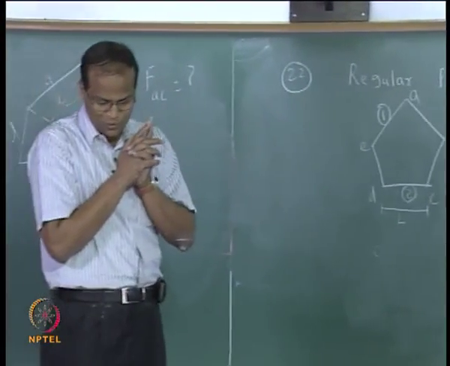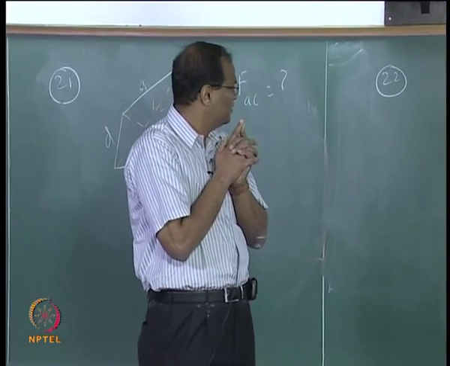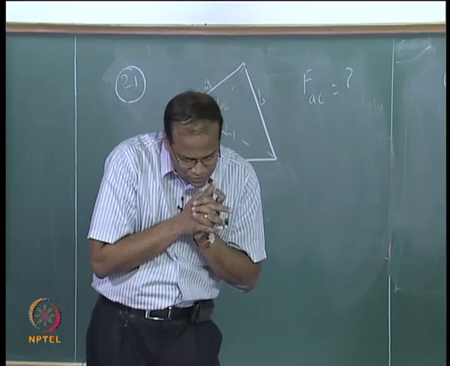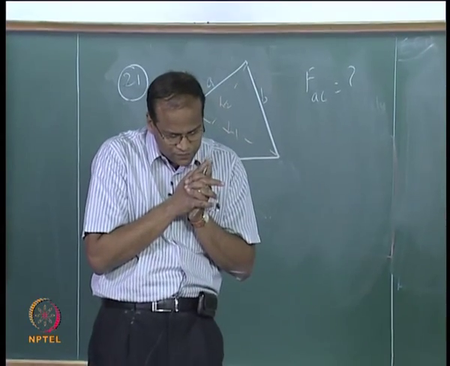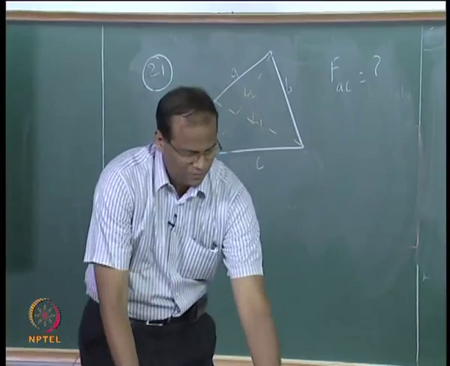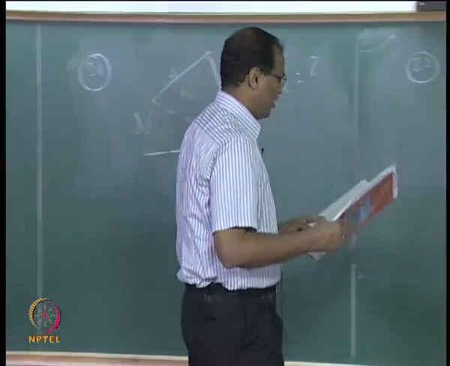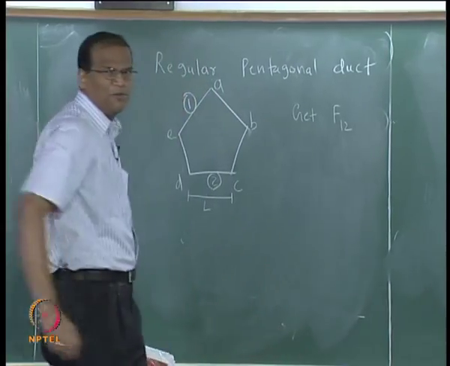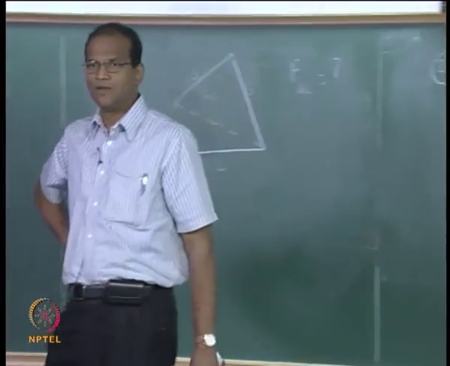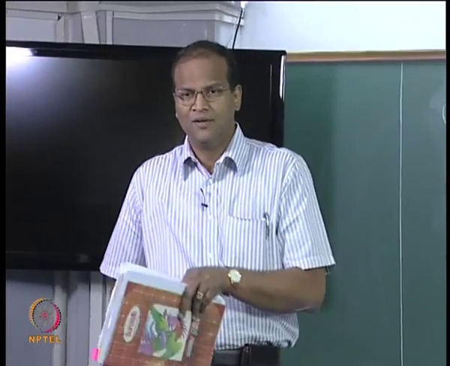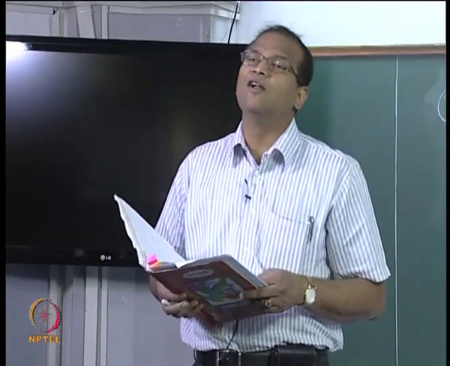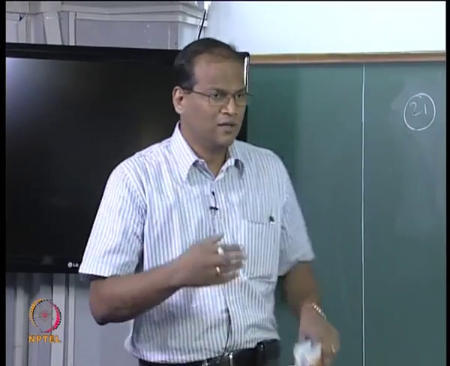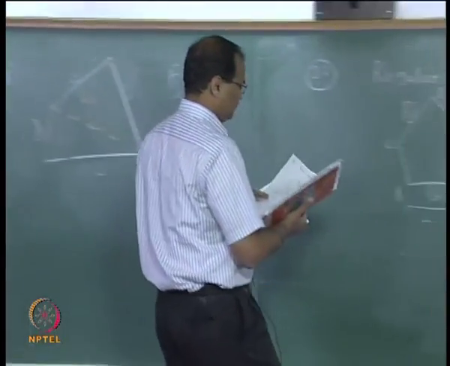So what is F1 to 2? What did I write here? F1 to 2 is FAC to, okay. Now here too, what you have to do is basically you must remember your math, basically you must remember the included angle, you must know what is included angle, 108, because this will be